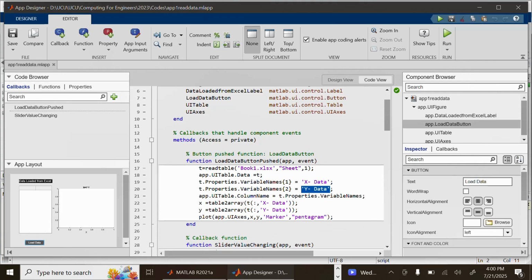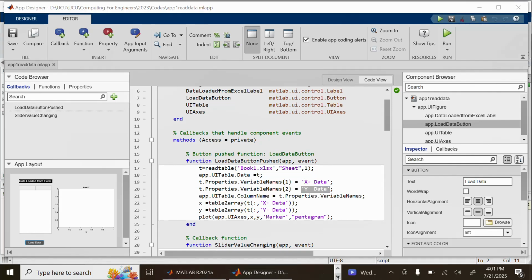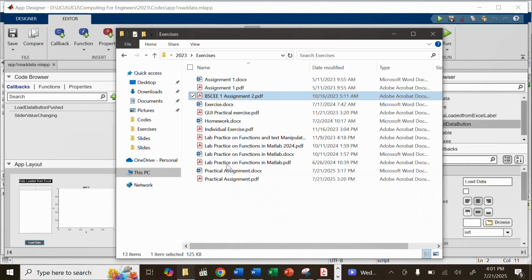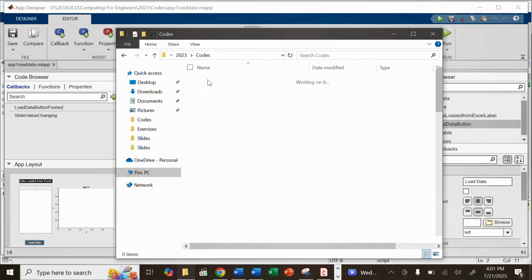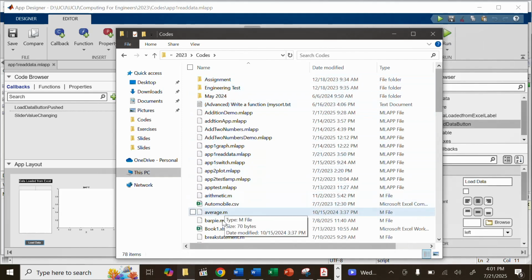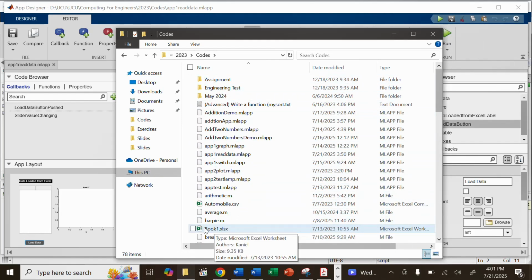Remember, we are working from data in the Excel file, which is stored on your computer where your files are being stored. And if I take you through where my Excel file is, if I go to where I store my files on my local computer, I just come here and the file is here. It's called book1.xlsx,